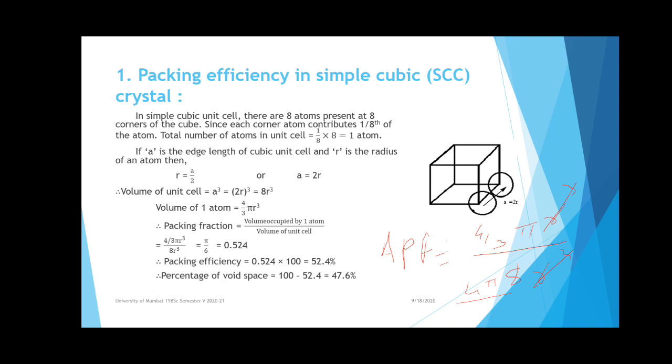So that's why in a simple cubic crystal system, the density of such a unit cell is less as compared to the body centered cubic structure as well as the face centered cubic lattice. So that you have to remember. This is a very important concept we saw in today's lecture. So this is enough for today's lecture.